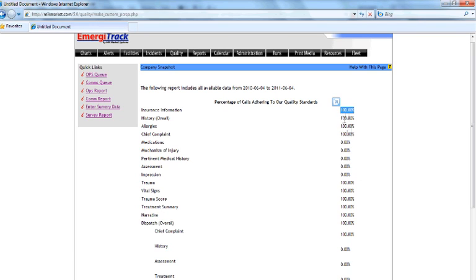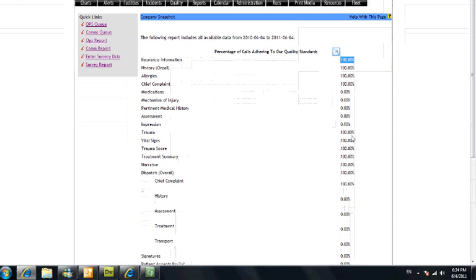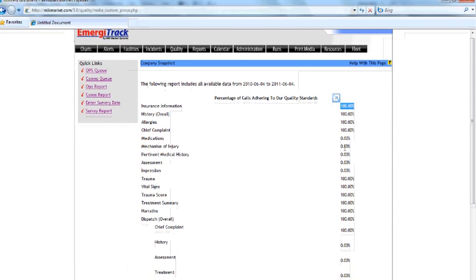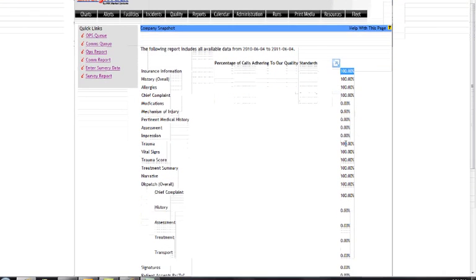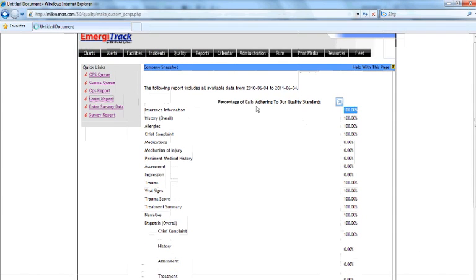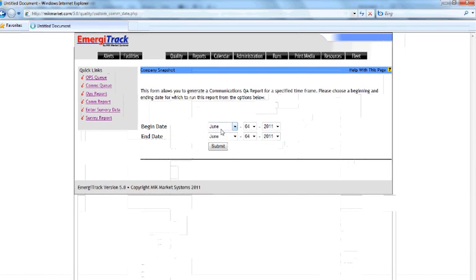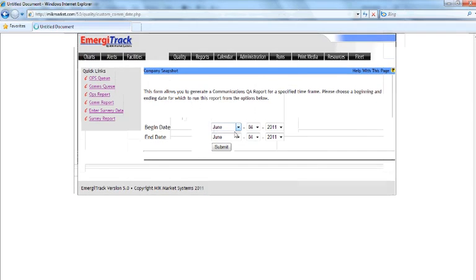It'll allow you to pick up for a specific date range how well we're doing in keeping up with our compliance standards or quality standards. We can do the same thing for a comm report. Right, you just select the date, hit submit. You'll get the same